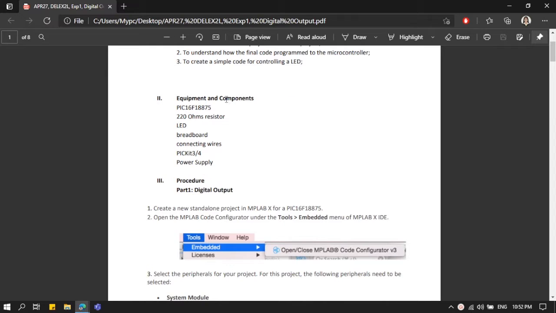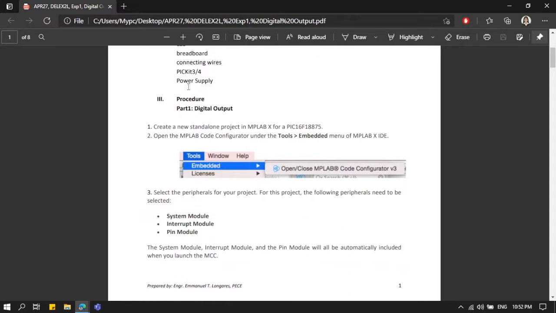The equipment and components used. First is a PIC16F18875 microchip, a 220 ohm resistor, an LED, a breadboard, connecting wire, PICkit 3, and a power supply. Now let's start to do the